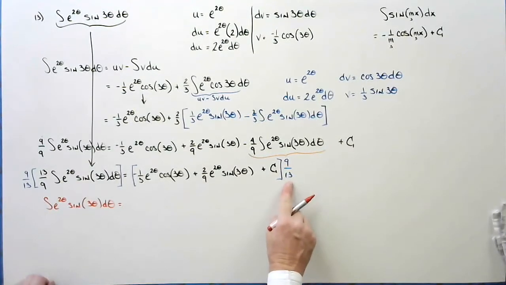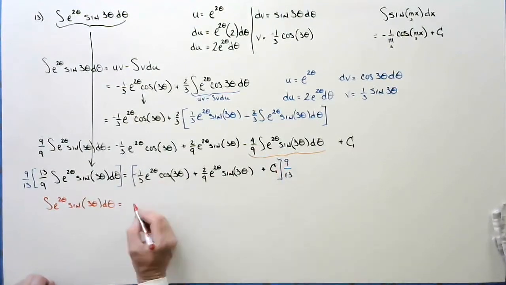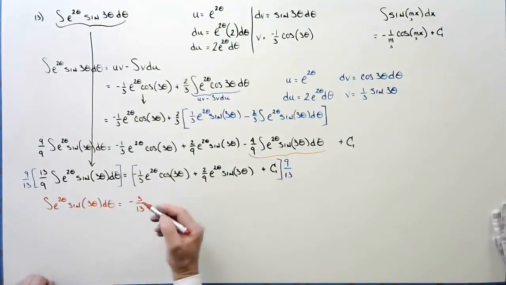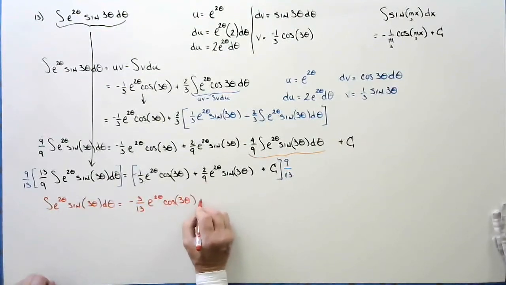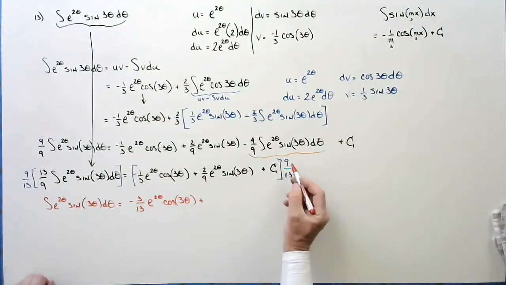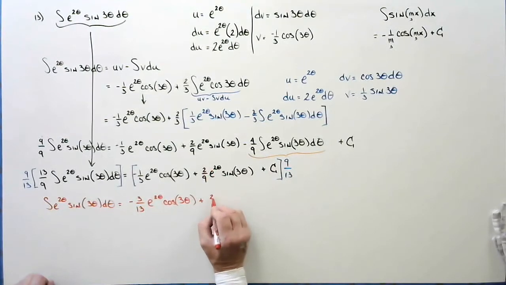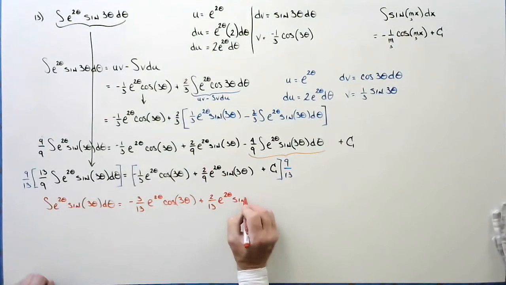Over here, I'm left with negative, right? Negative from here, because I'm going to have to distribute. I have a 3 and a 9, so that's going to be negative 3/13. There's 1 times 9 divided by 3 times 13. 3's cancel. E to the 2 theta cosine 3 theta plus, here, when I multiply by 9/13, the 9's cancel, and I get 2 over 13. E to the 2 theta sine 3 theta